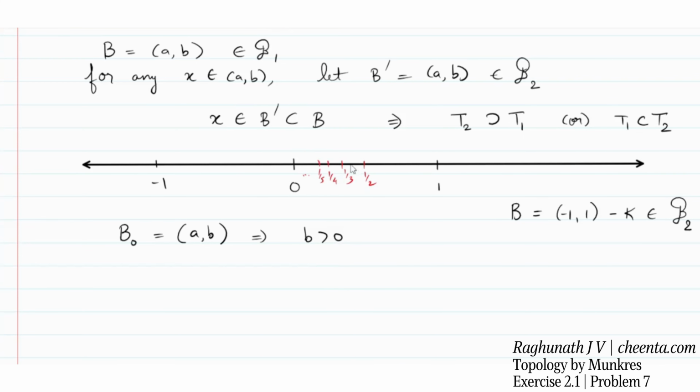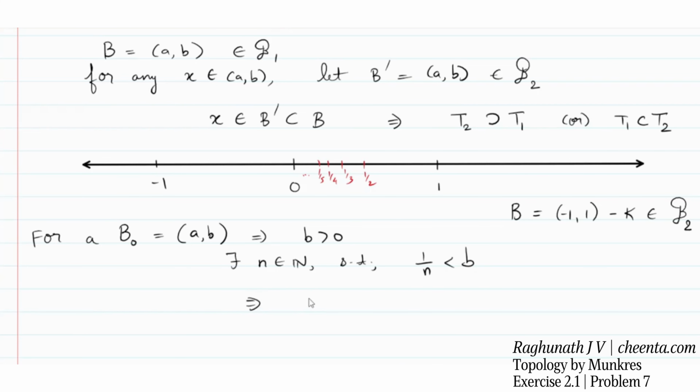But since these numbers 1 by n are dense, in the sense they are dense closer to 0, I can always find n in natural numbers such that 1 by n is less than b. Because for some large n, 1 by n will go lesser than b, since b is fixed. For a fixed basis element, I can always find 1 by n less than b, which means